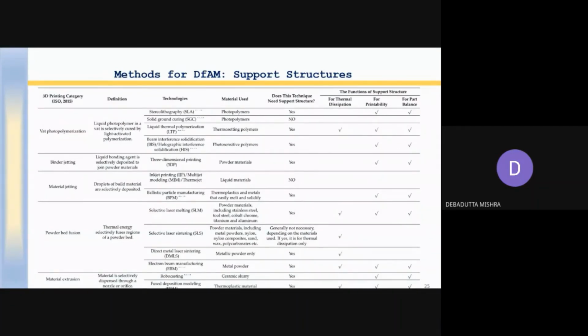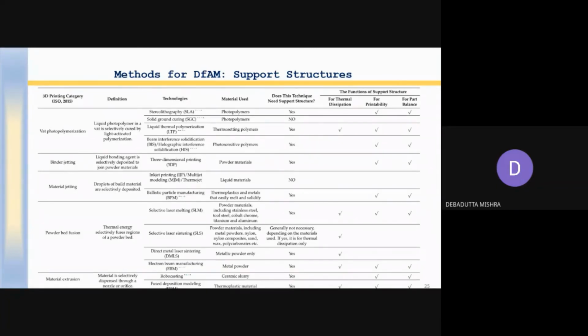In this case, during solid ground curing, we do not require any support. Similarly, in material jetting, we do not require a support. When the liquid material is there and droplets of build material are selectively deposited, there is no support; one layer after another, and that is cured. So this becomes a solid part and does not require a support material.